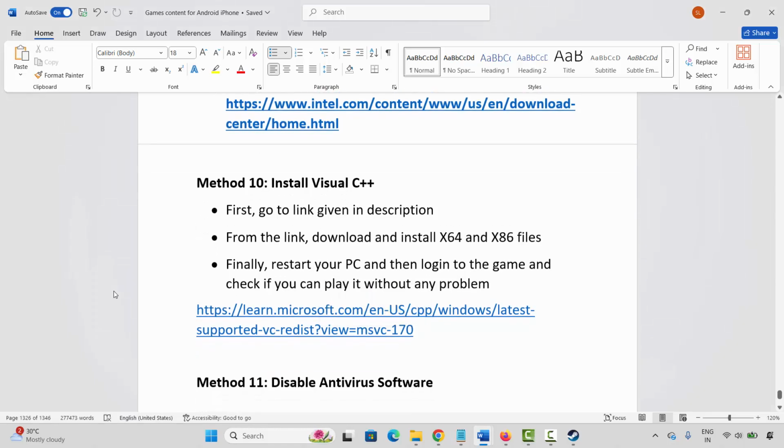Next is to disable antivirus software. So if there is any antivirus software installed on your PC, then you are suggested to disable it, and after that try to launch the game and check if you can play it. If it doesn't work,